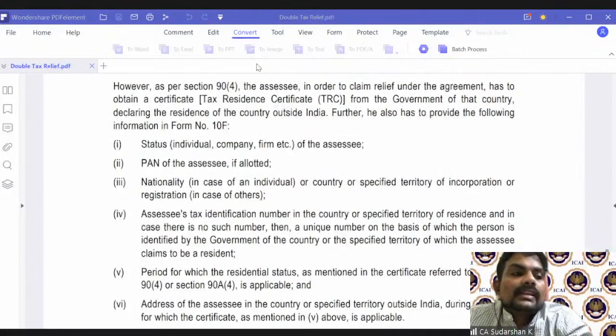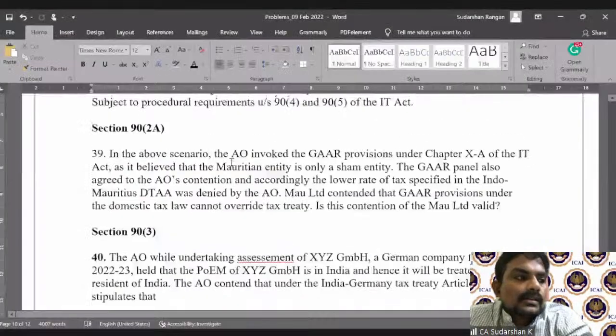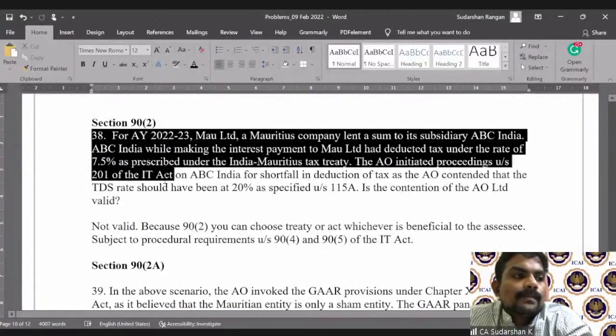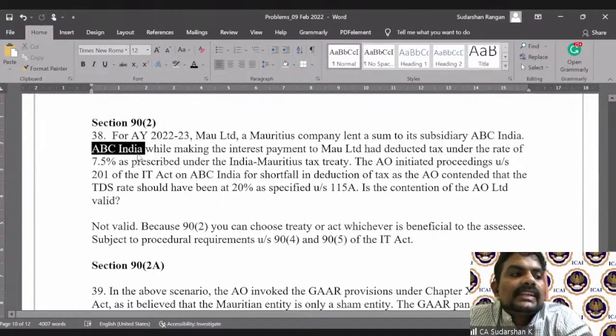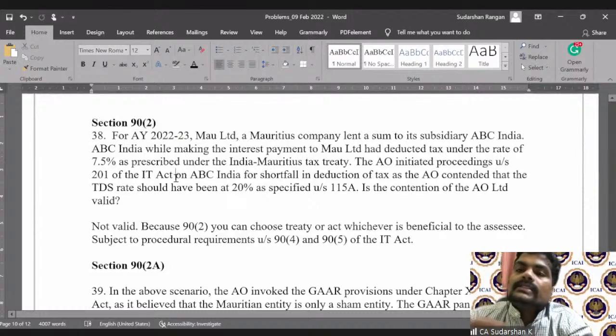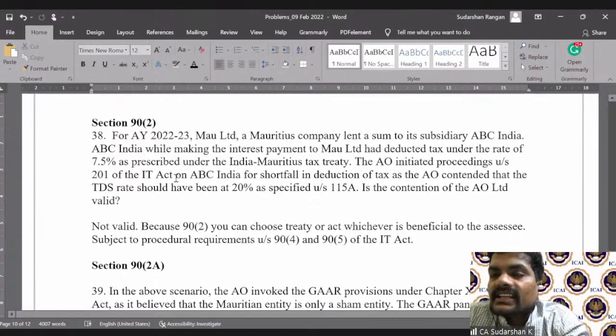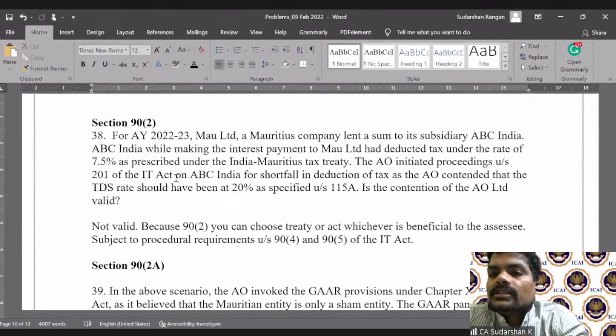Now, this is very important. Take this specific question. Indian company ABC India is withholding tax at 7.5%. So the onus is on the resident deductor. When they take the treaty rate, the resident deductor must obtain all this information. Mauritius Limited, can you please give me your TRC? Can you also submit all this information in Form 10F, only upon which the treaty rate in Mauritius can be adopted. If TRC is not provided,